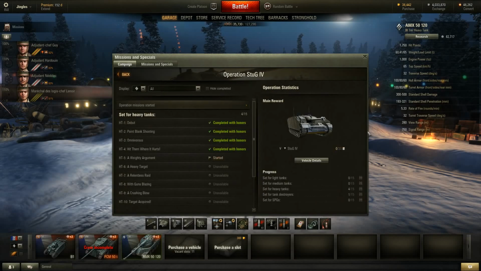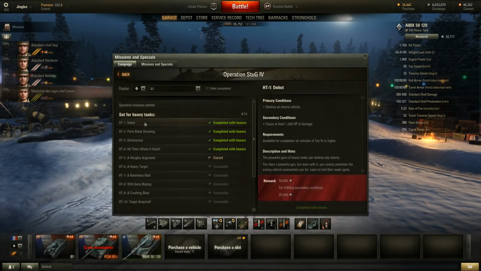So, what exactly do you have to do in order to get these missions done? Well, the whole principle behind them is that the missions are tailored to the type of tank that you're driving, and they're designed to try to encourage you to drive the tank properly. So, for example, if we were to look at the heavy tank missions, the first mission is pretty straightforward. Destroy an enemy vehicle with a secondary condition of cause at least 1,000 hit points worth